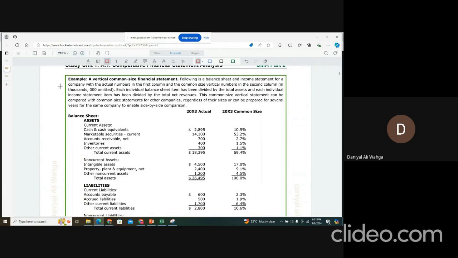All right, these are the actual numbers in a first year column, and you have common size vertical in a second column. Each individual balance sheet item has been divided by the total assets. So they have been explaining how you are performing your vertical analysis. You explain each line item as a part of your asset balance. Then each line item of your income statement